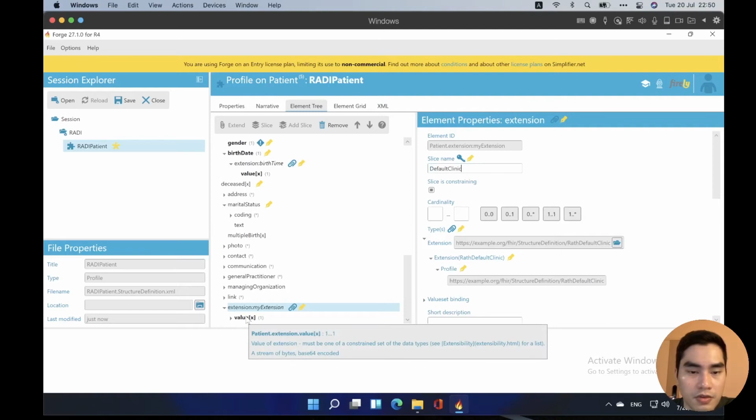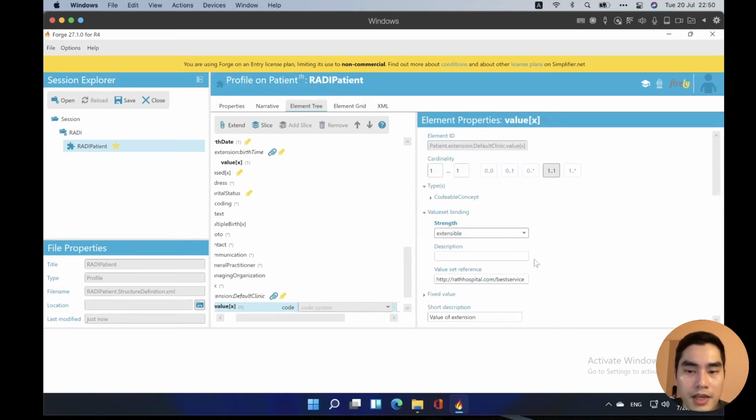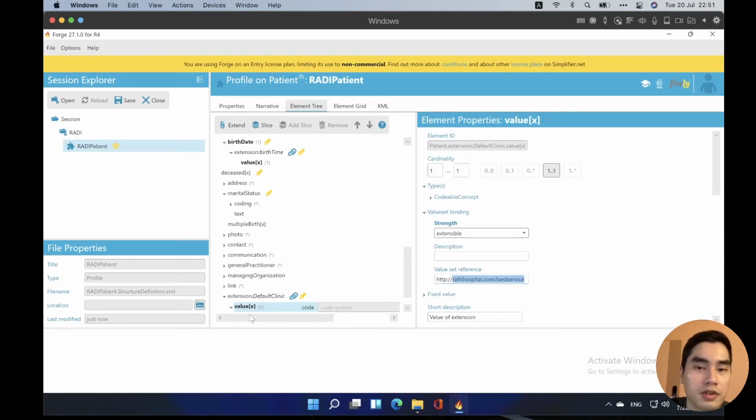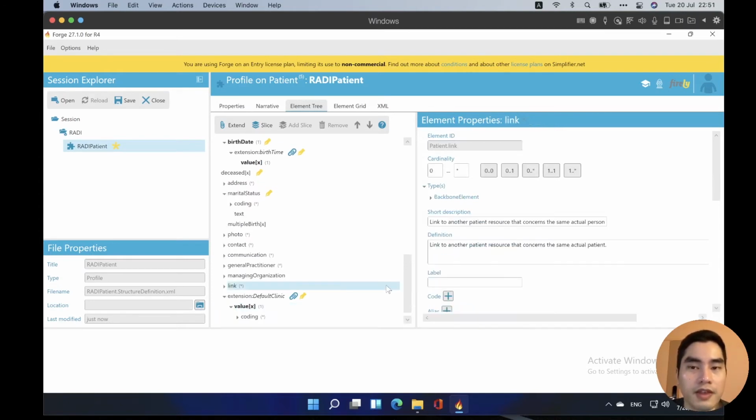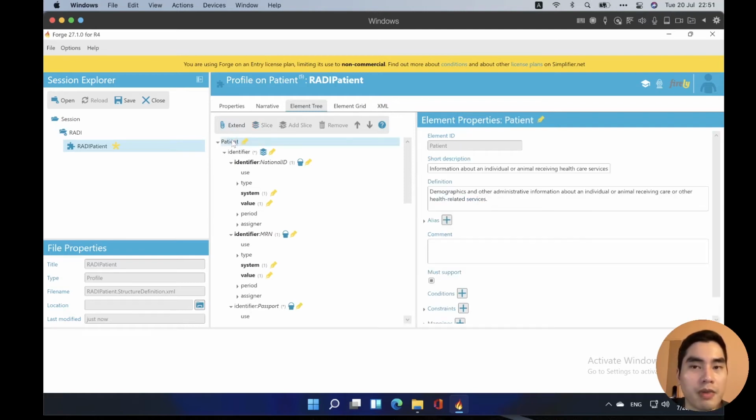And if you go into this value X, you will see that it's a codable concept that was already bound to the value set we defined in the last session. Because we included it into our profile here, everything in that extension will also come here, because in that extension, we bound it to the value set.